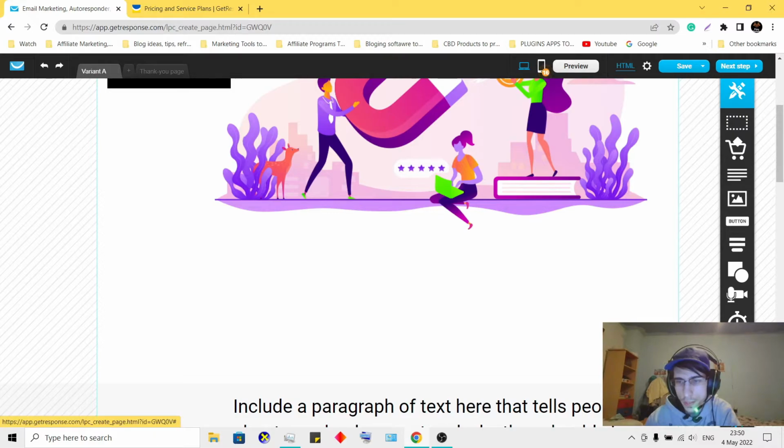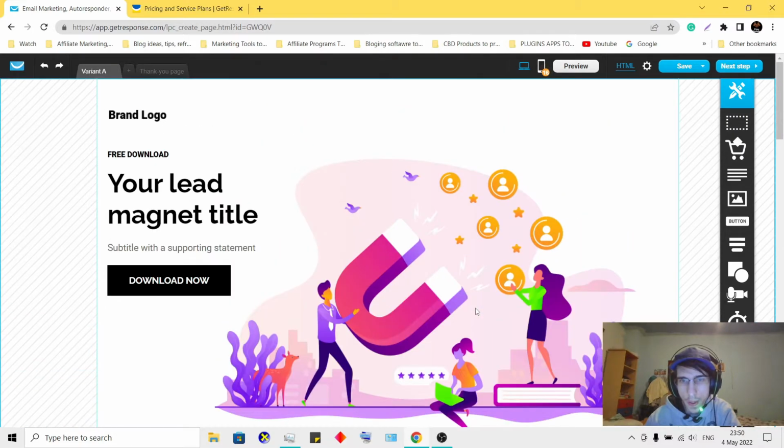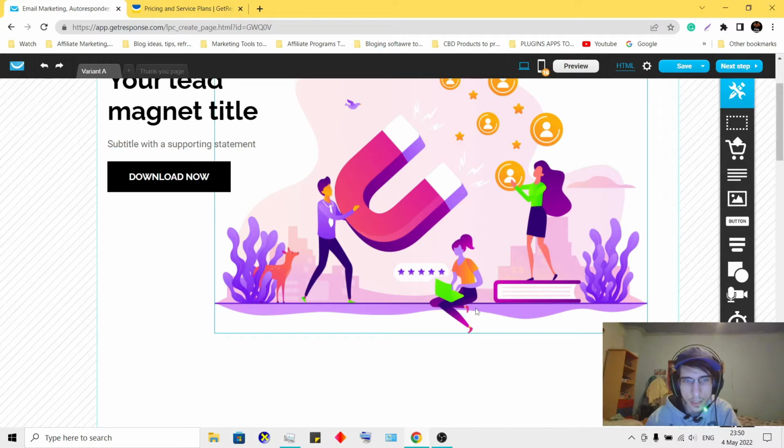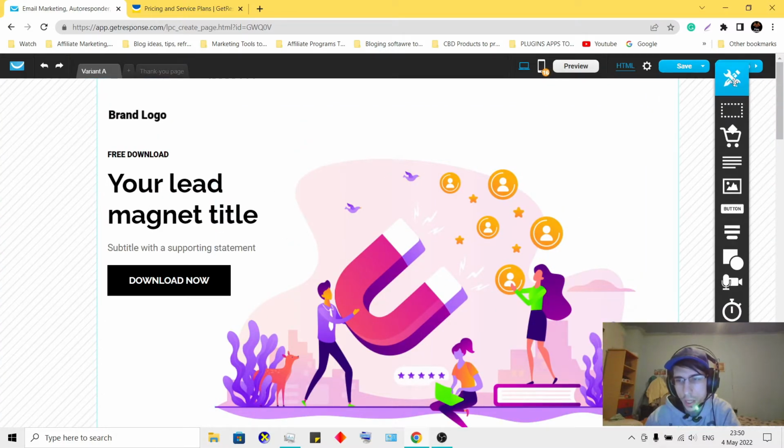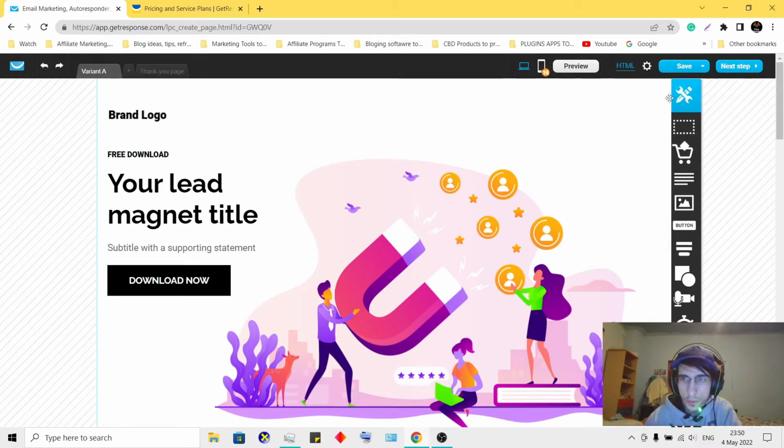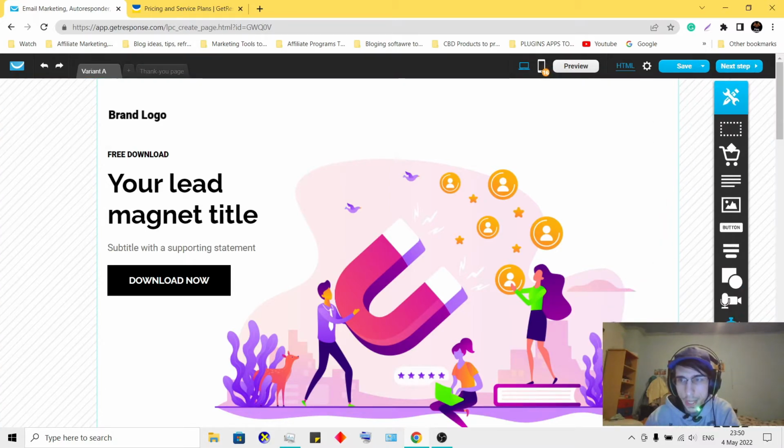You can also add a custom code if you want to add some additional widgets and plugins, but that's only probably useful for people that understood how coding works, HTML, JavaScript, and so on and so forth. So that's basically all of these elements, what they do. You can create your own landing pages from scratch, or you can use templates like this one,